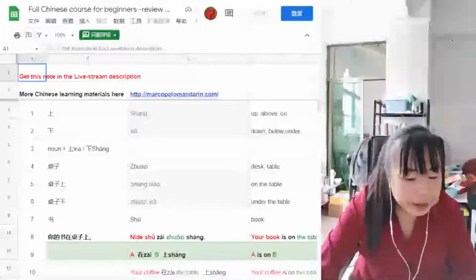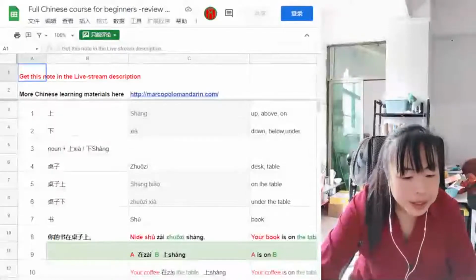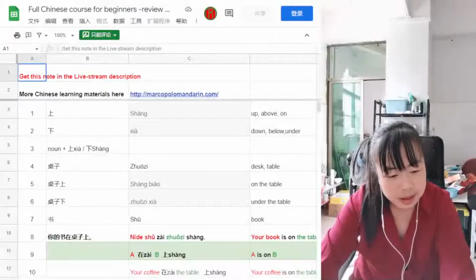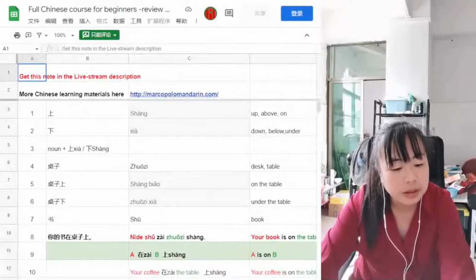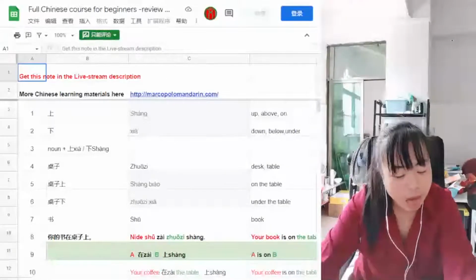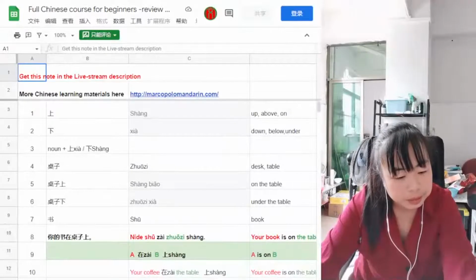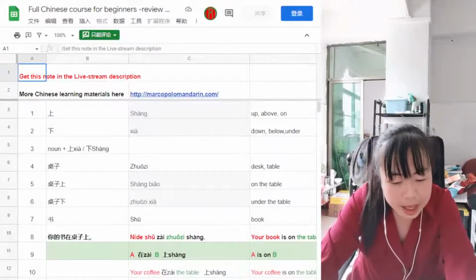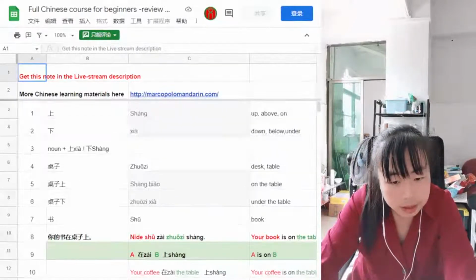Okay, so let's copy and paste the patterns from our previous patterns. So we are most likely to say A 在 B 的